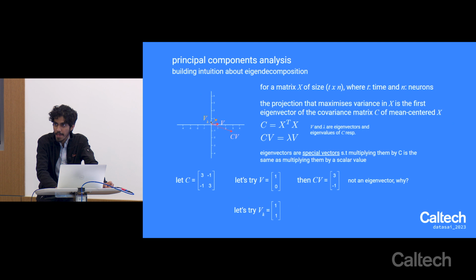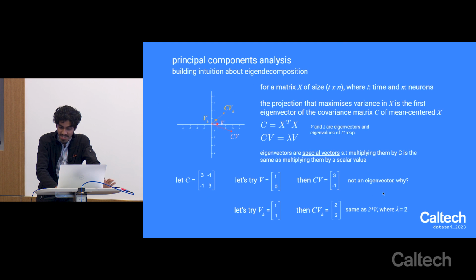1, 1. If I multiply this by c, I'm going to get out a value 2, 2, right? And you can try doing the math yourself in your head. What does 2, 2 look like? Well, it preserves the exact direction here. All you've done is that you stretched out this particular vector, right?